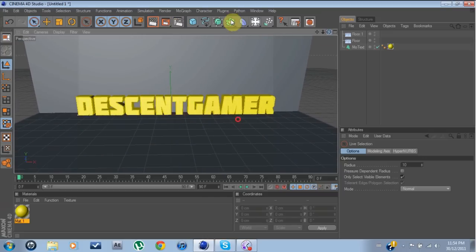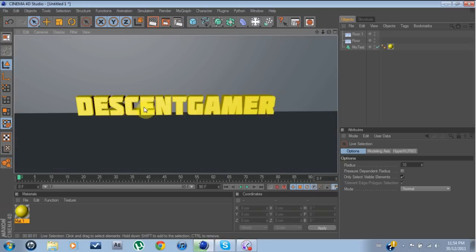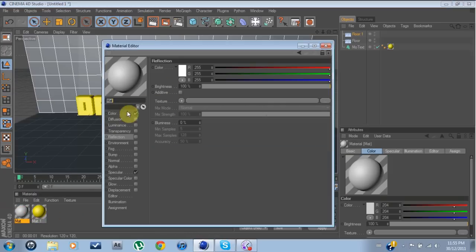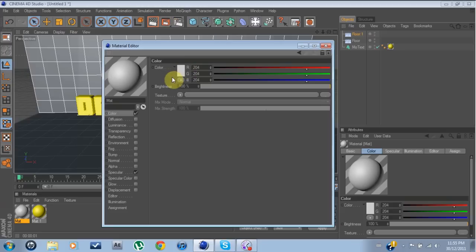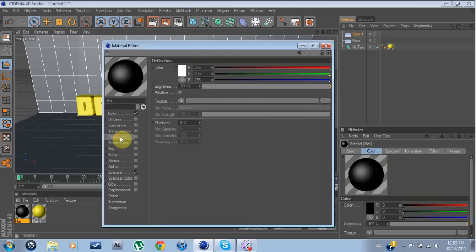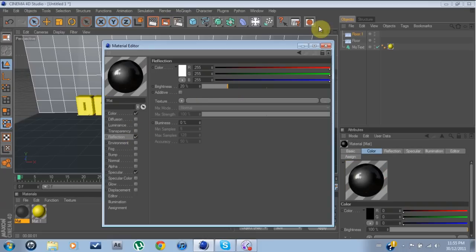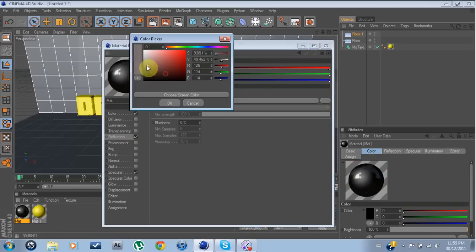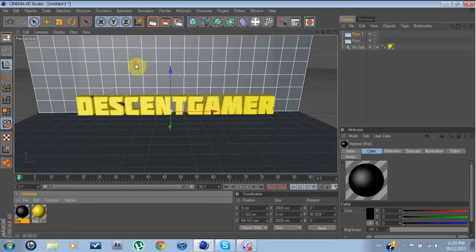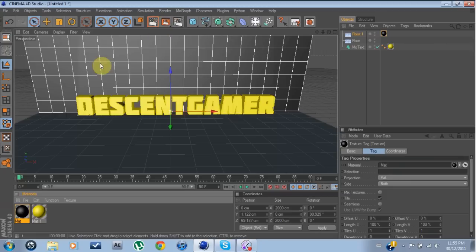So as you can see, if I were to render it quickly, this is how it would look. I find that way too plain. So what I'm going to do is make another material, and this is going to reflect off the bottom of our text. So we're going to go to another black. We're going to go to reflection, make that about 20%. Tick that off, and then a reflection of black again. As you can see, it's going to make it kind of dull. And this is going to be the back of our